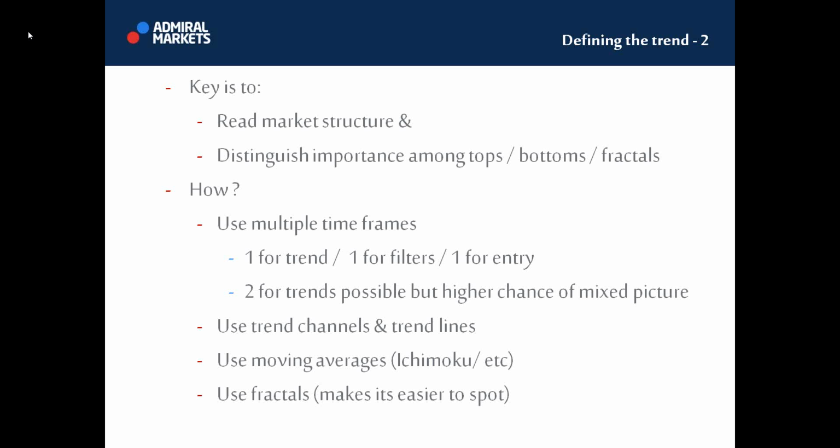The key with defining the trend is to read the market structure, basically, because what you're trying to look at is the underlying current. Tarantula was already mentioning the different levels of trend there are: the long term, the intermediate, the short term, so that you can see what the dominant direction is that you want to trade, and wait maybe for the lower current to finish that trend or its correction, depending on the time frame you look at, and continue with that dominant view.